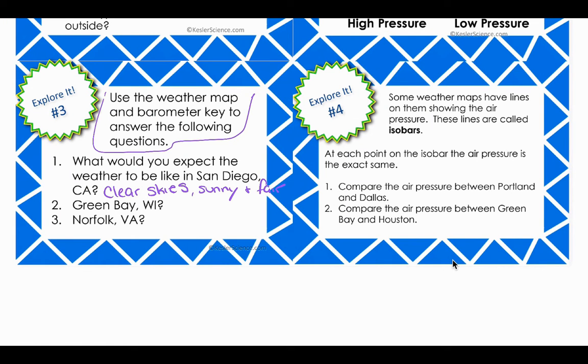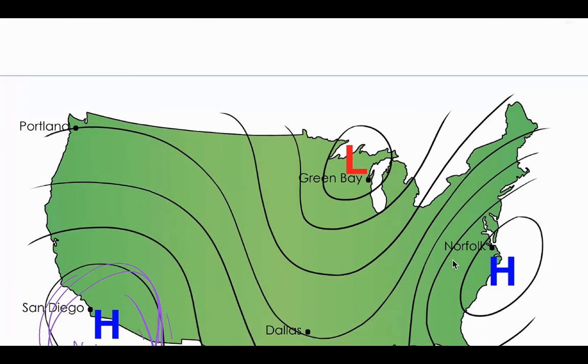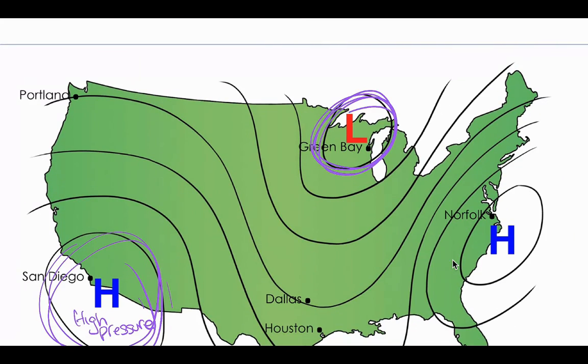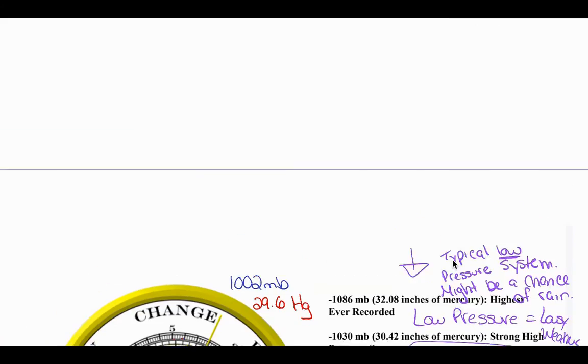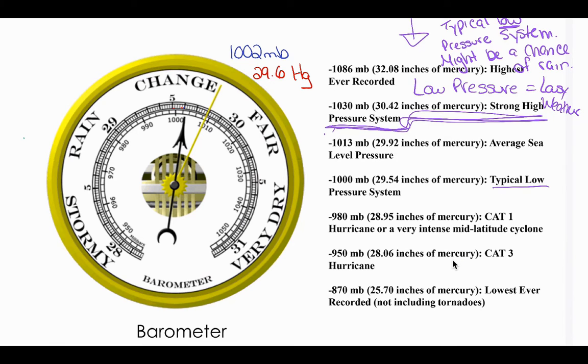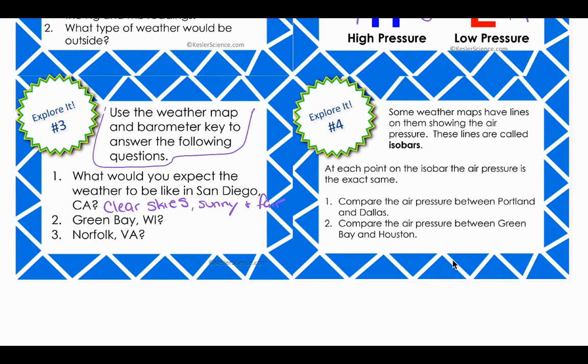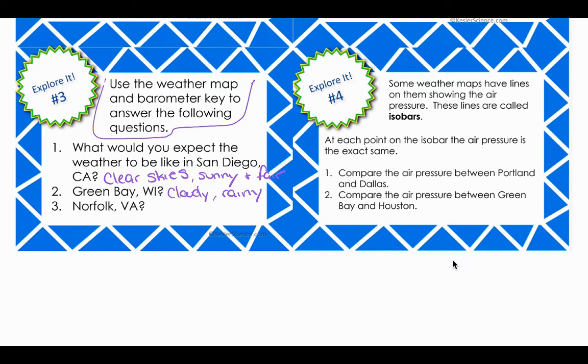So now I'm looking at Green Bay. And where's Green Bay? Green Bay is over here. This is a low pressure system. So I know low pressure is lousy weather. And I don't really have to worry about the barometer too much, other than the fact that this might give me some information. But I know that it's a low pressure system. So low pressure systems is usually cloudy, rainy, that type of weather. And given Green Bay, Wisconsin, it could actually even go as far as being snowy,